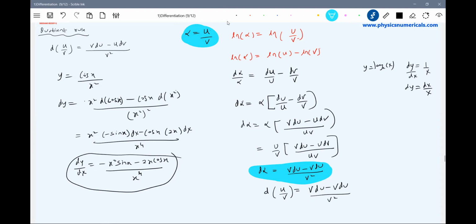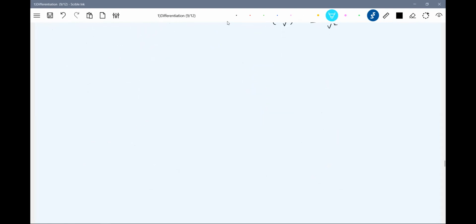The third is an example I'm giving, physically. We have brought so many examples here. Let's take the last one: y equals, what is the derivative of y equal to 1 by